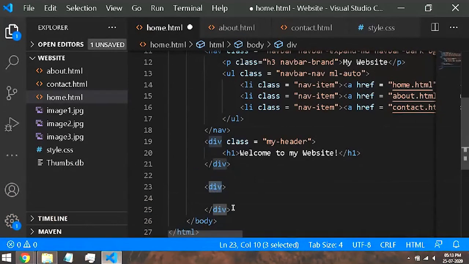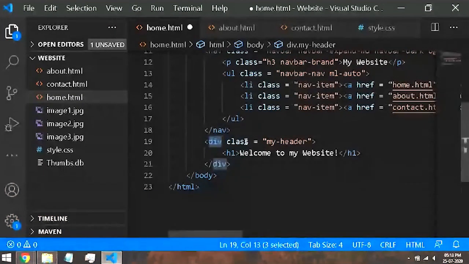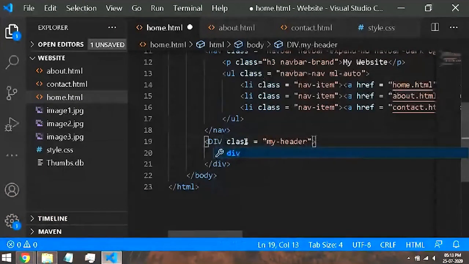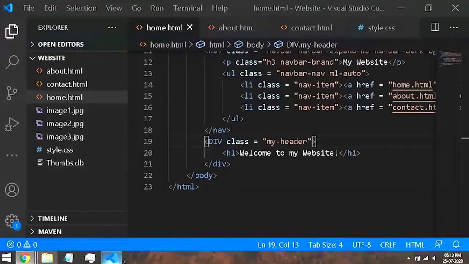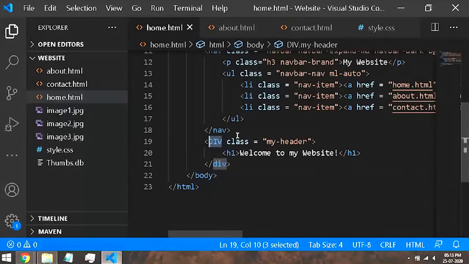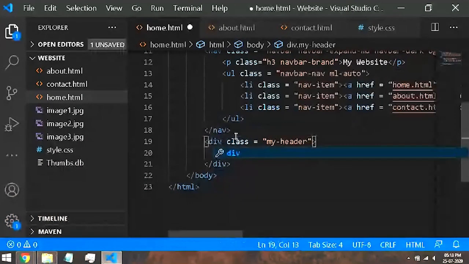Let me just give you an example. If you have this division, and if I say DIV in capital, that won't affect anything. See, it's still working. That won't affect anything because it's a case insensitive language. You can type it in small case or capital case, whatever you prefer. I prefer to write it in small case.